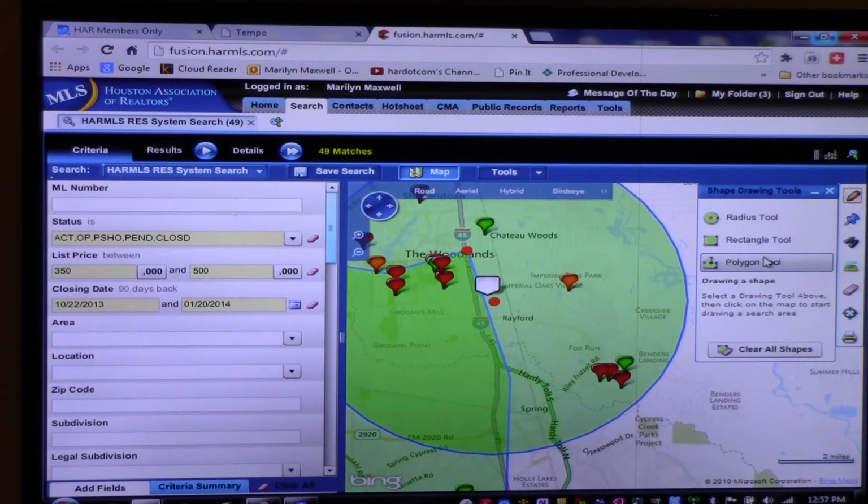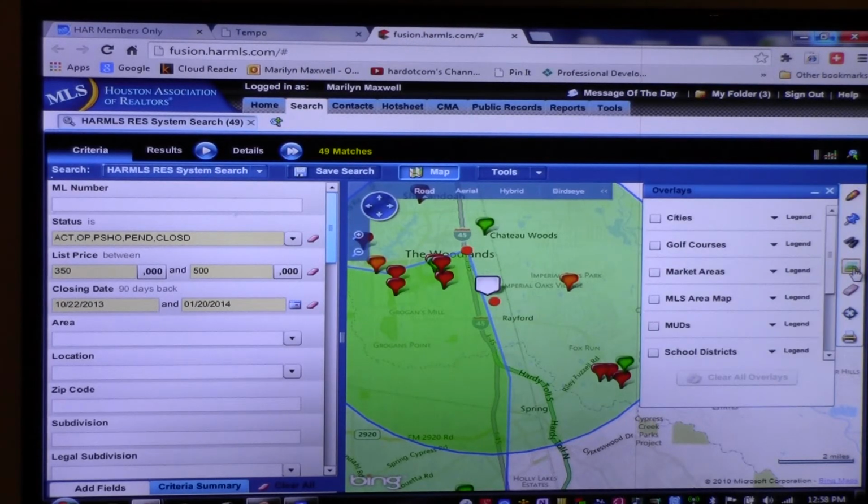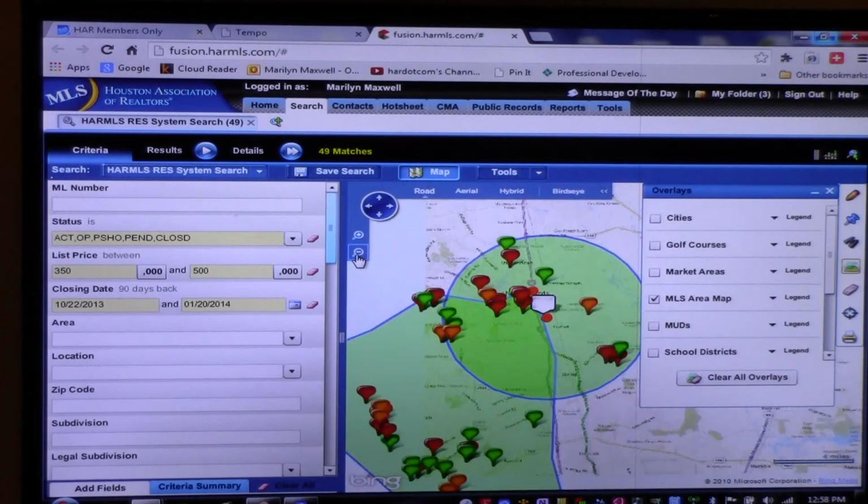So you can really get super detailed with that mapping stuff if you wanted to do that. And then our other menu items here, this overlay menu. Again, when you need it, it's really helpful, but you might not need it all the time. If you click MLS area map, this will highlight and color code the map to show you where all the